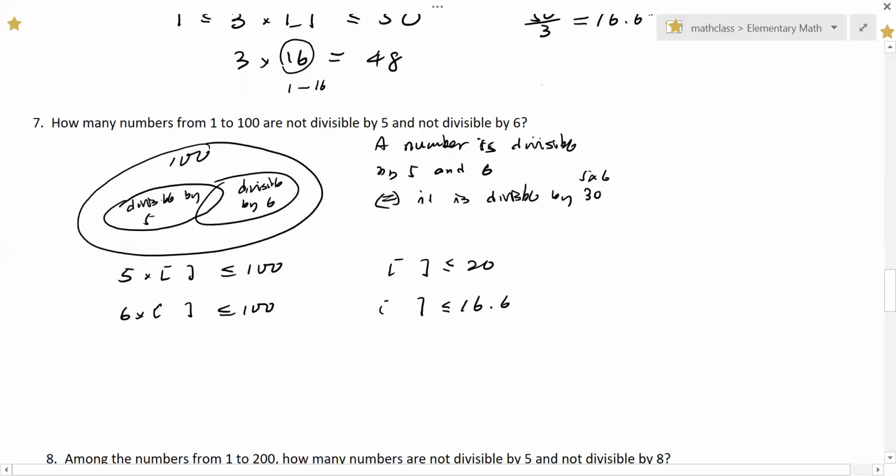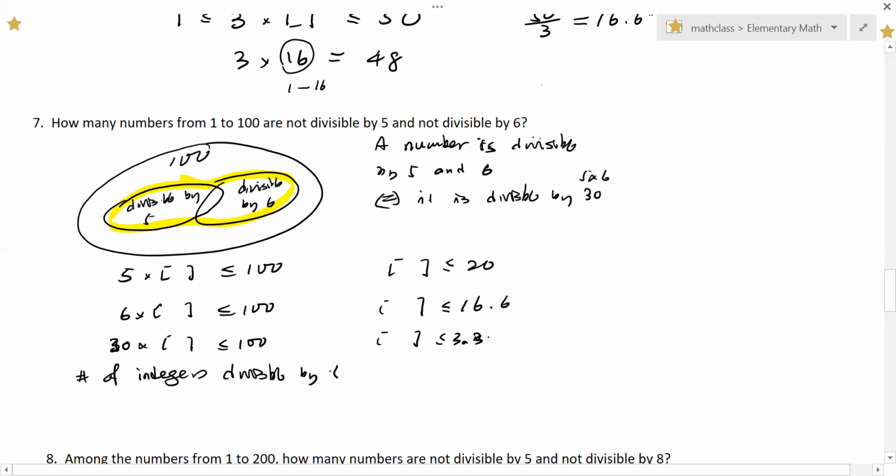Okay? 5 times 6. So 30 times some number should be less than or equal to 100. So I'm pretty sure this number, there's only 3 here. 3 point something. Okay? 3.3. So how do we calculate the number of integers in this group circled by the yellow color? Okay? Then that is going to be the total number, the number of integers